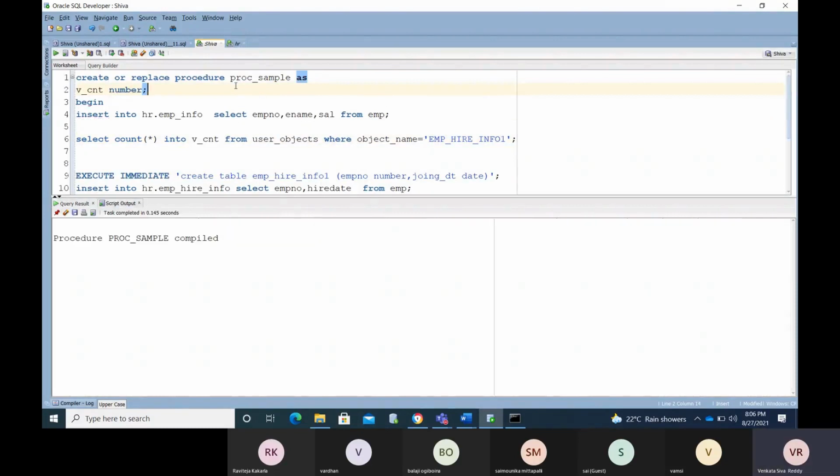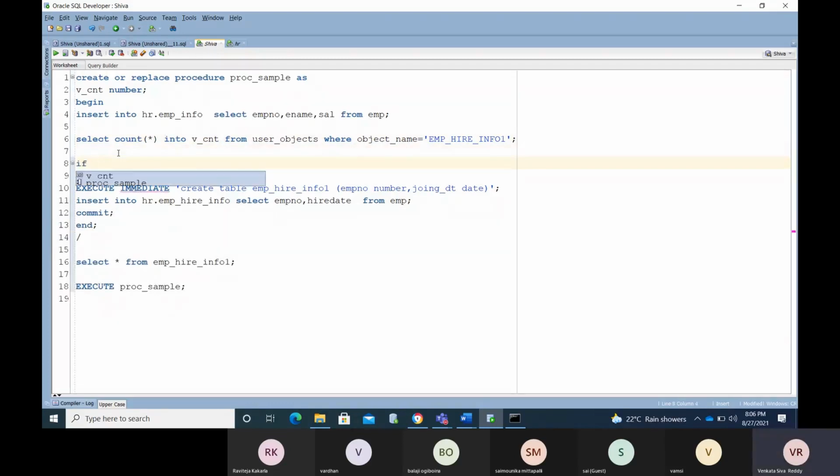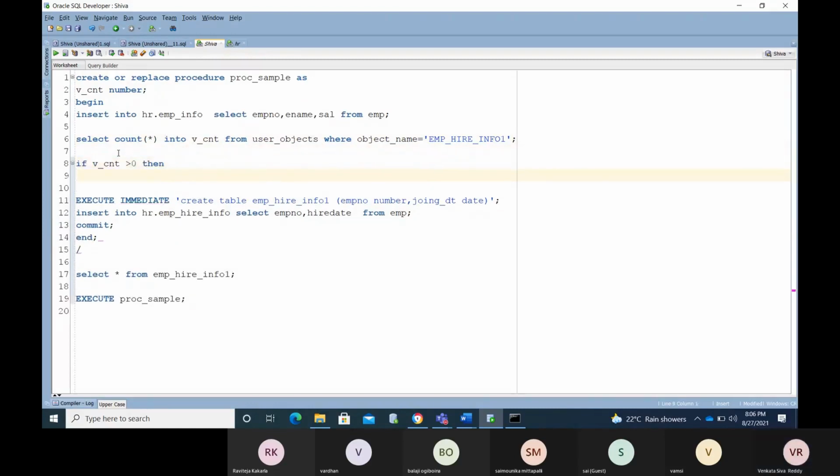Okay, see here what will happen. The procedure is compiled. I stored whether the object is present in the database into a variable. Now I need to perform a conditional check here. If v_cnt is greater than 0, then simply use execute immediate and the drop statement.